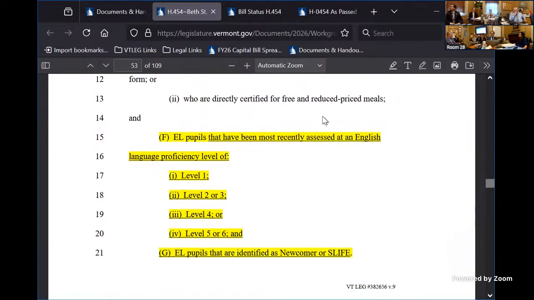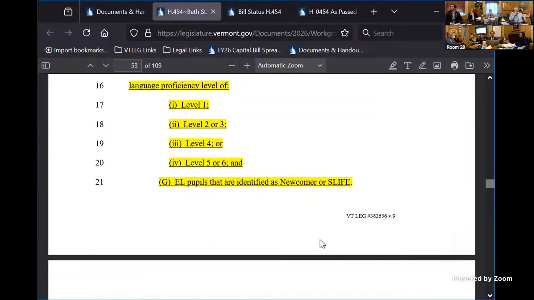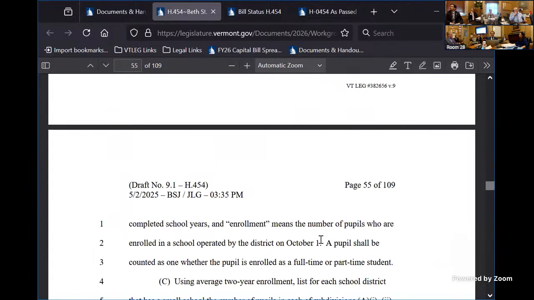Page 53, this is our counts section. So this is tallying up within the categories. You see that they have to tally. And you'll see some levels grouped together. That's because there's a uniform weight applied across those. So levels 2 and 3, for instance, get the same weight, but you're counting within those categories. Similarly, you're counting up your newcomer SLIFE. And then we can jump down to